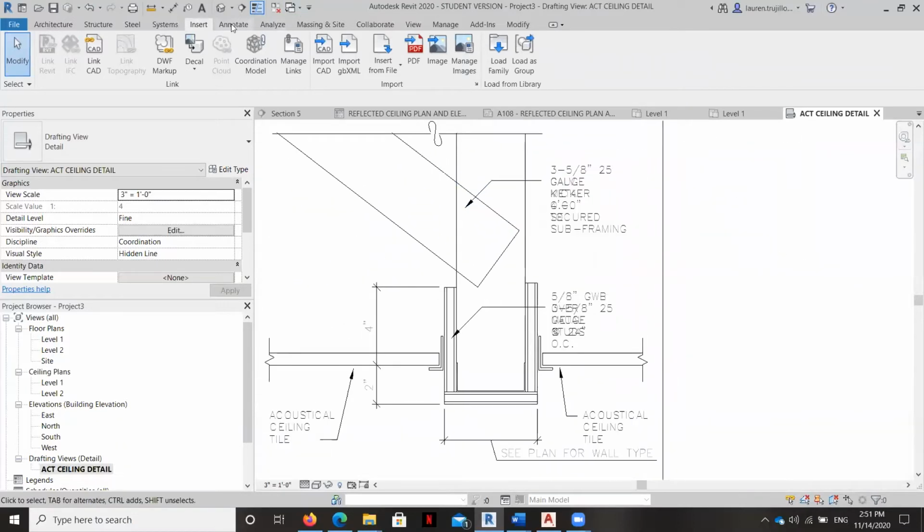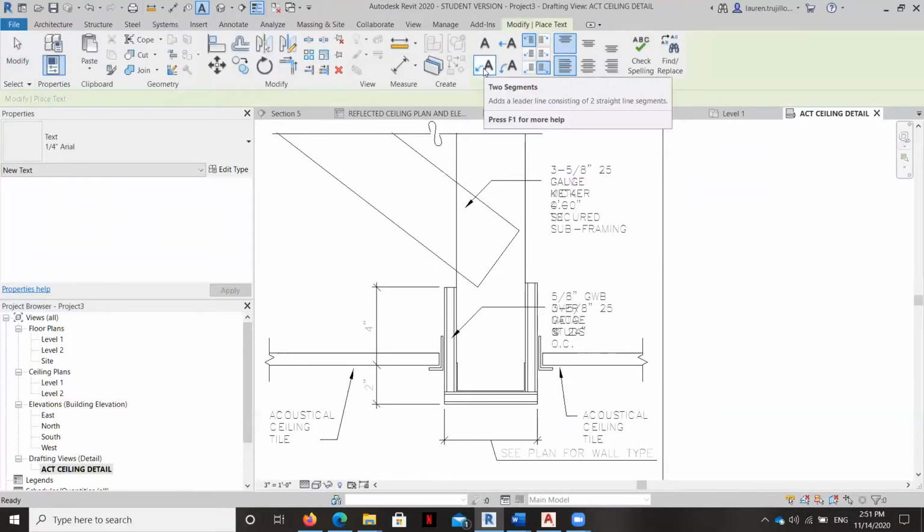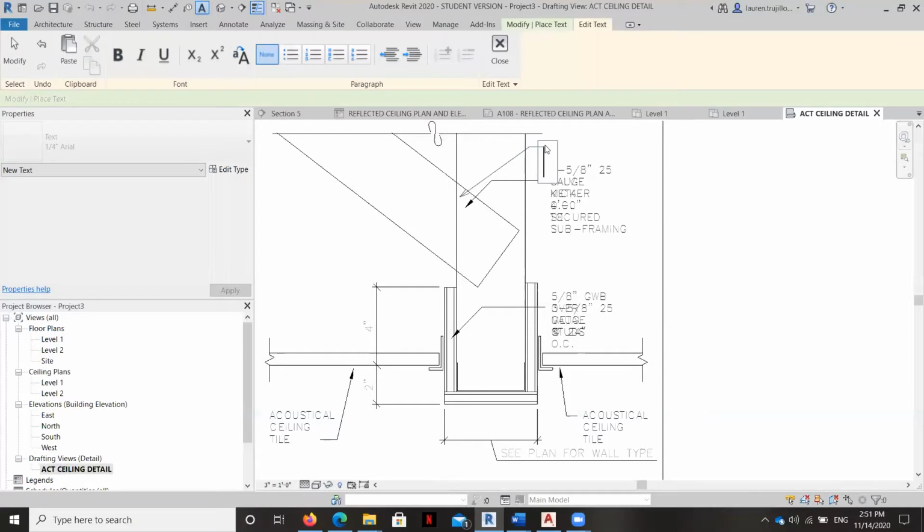So what I'm going to do is, just like we did with other projects and other drawings, create a text box with a series of line segments and leaders, and recreate all of this information here. So I'm going to click, and we don't have all of our stuff on our drawings the way that this does it. We're going to have it all come out to one side. And I'm going to type my information here.